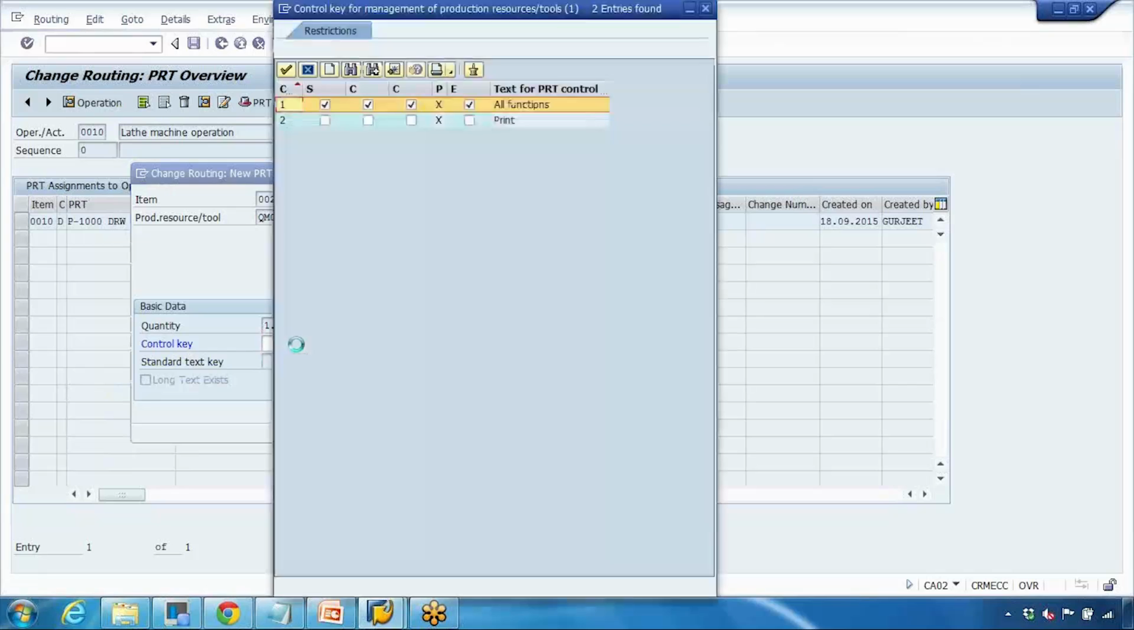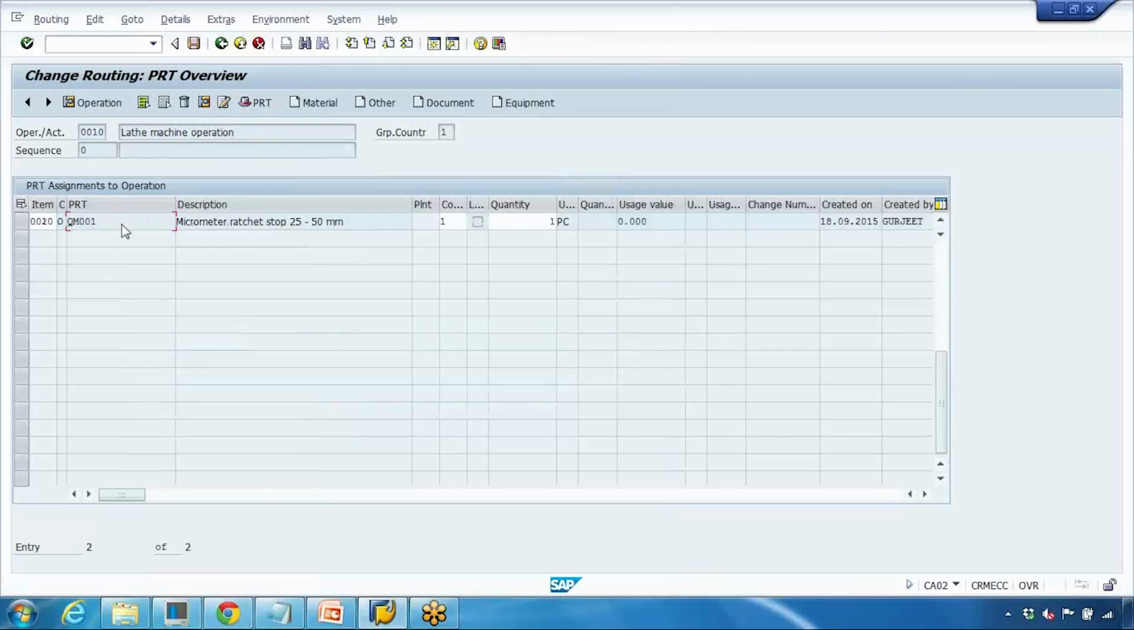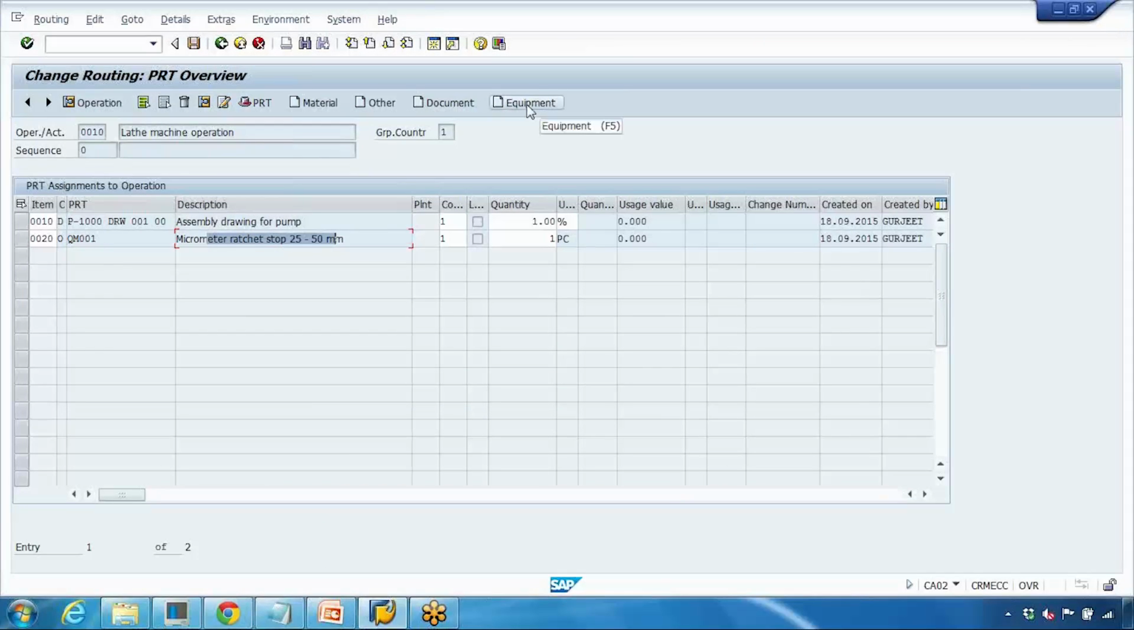It has a different control key, so let me pick. The first one is all function, just pick that one and say OK. So that's the second one I have assigned, the micrometer. Equipment are assigned and used by the PM module, the plant maintenance guy. So that is how you can assign these